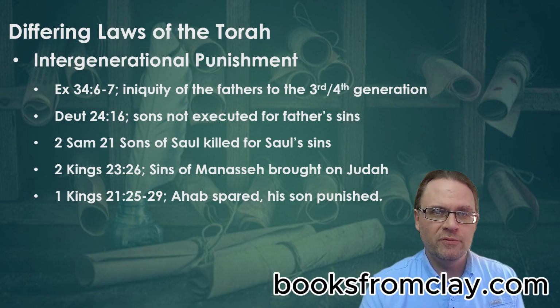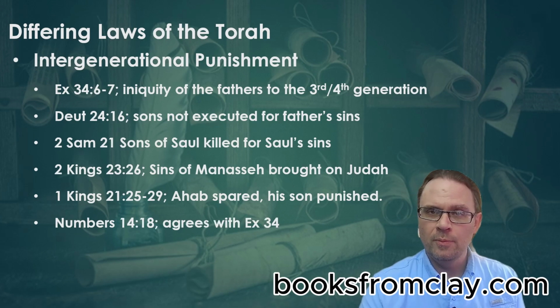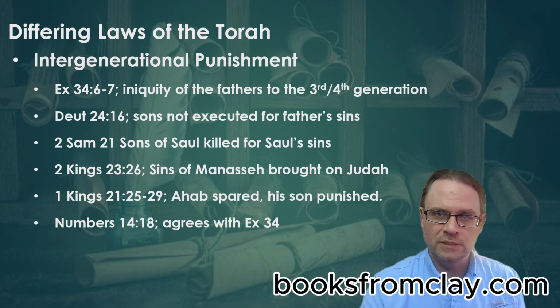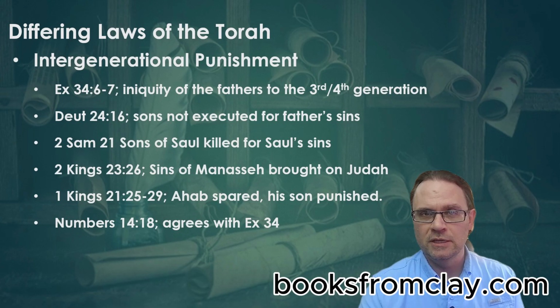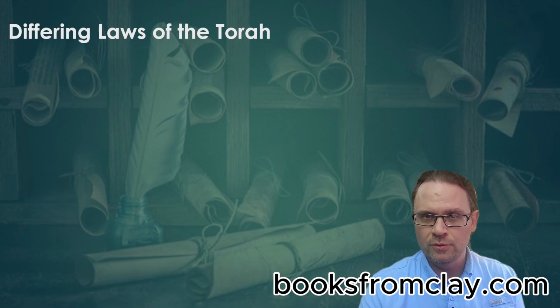We've already seen how different voices are found across the laws of the Torah, particularly in Deuteronomy. We've noted that God visits the iniquity of the fathers on the children in Exodus. Numbers also agrees. Did God in the Torah approve of executing children for the sins of their fathers, as David did to the sons of Saul? Because if so, I don't believe the argument holds up that says Exodus is in harmony with Deuteronomy because it's not speaking of guilt, only consequences of sin.